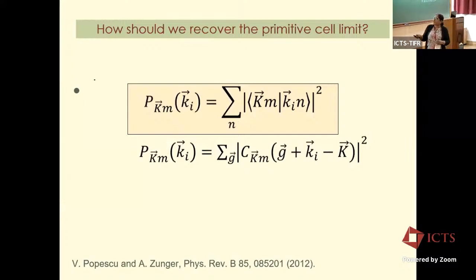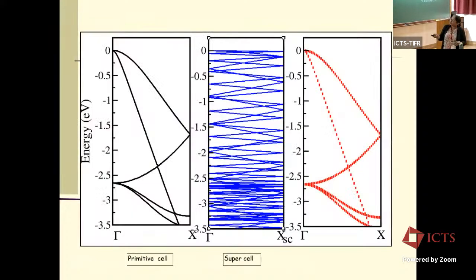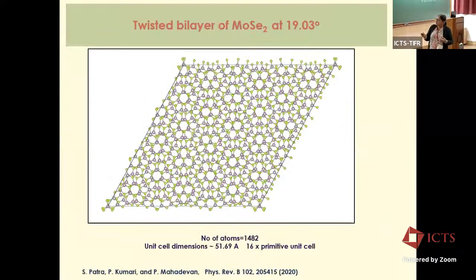So instead of adding the perturbation and solving the problem, we can solve the problem in every case, even with the perturbation. So we take the eigenfunctions for the perturbed case and project them onto the unperturbed and try to examine what exactly is happening. In this case, there are no perturbations, and we recover entirely the unperturbed or the primitive cell band structure. Okay. So now let's just